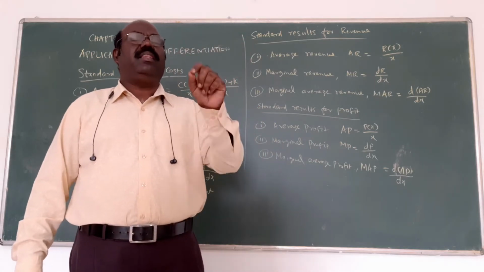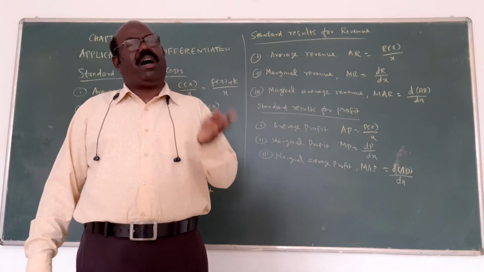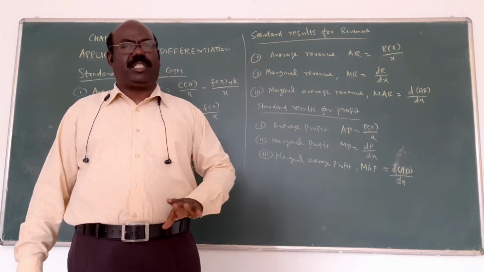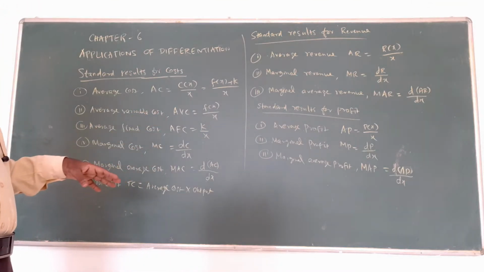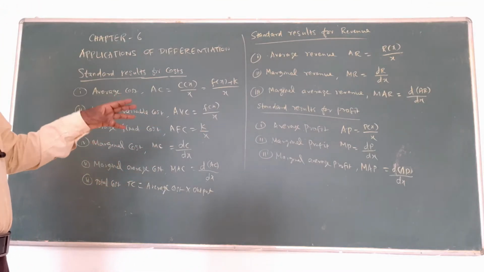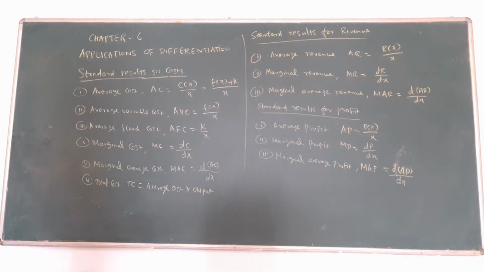Marginal cost means the cost only differentiated with respect to x. Marginal average cost means first you find average cost, then differentiate with respect to x. In this way, for the first exercise, by using this area, there are so many problems. I will do the exercise problems one by one. You must follow the formula, and also the differentiation is very important. Without the differentiation formulas, it is not possible to do this. That's why fundamental differentiation, you must follow everything from the previous chapter.